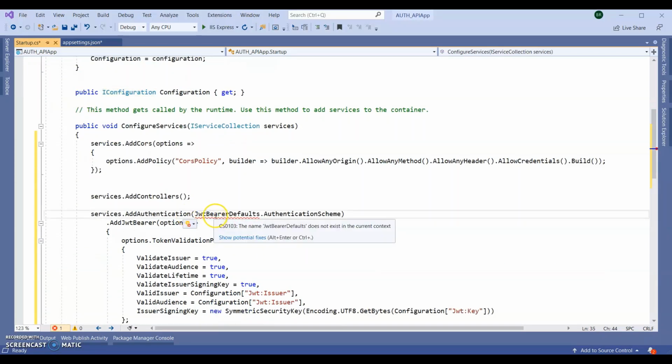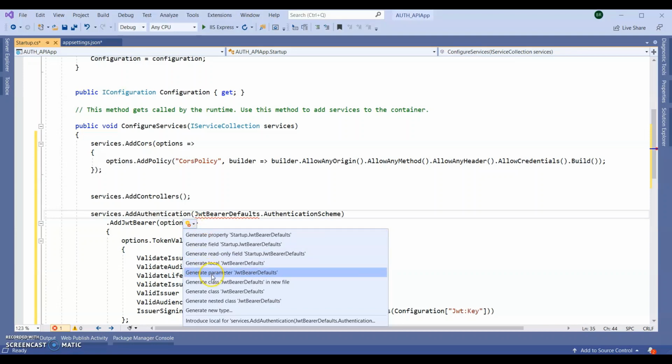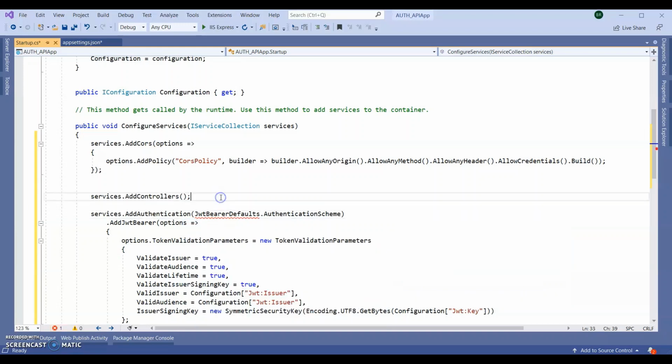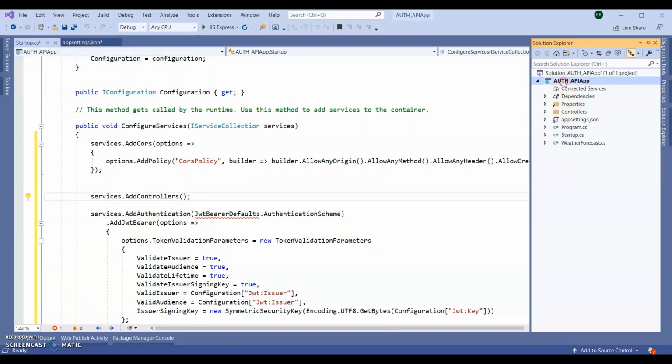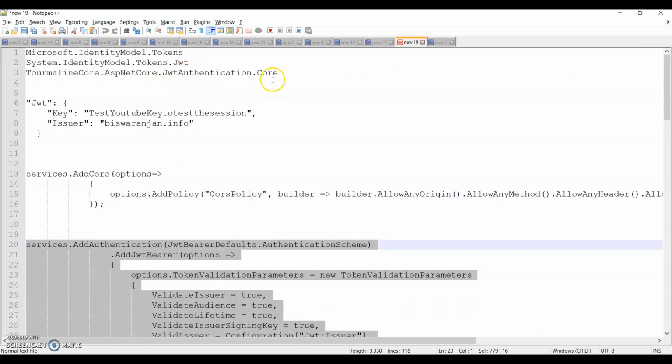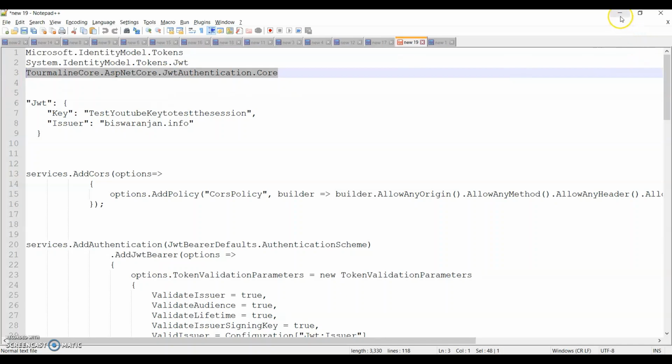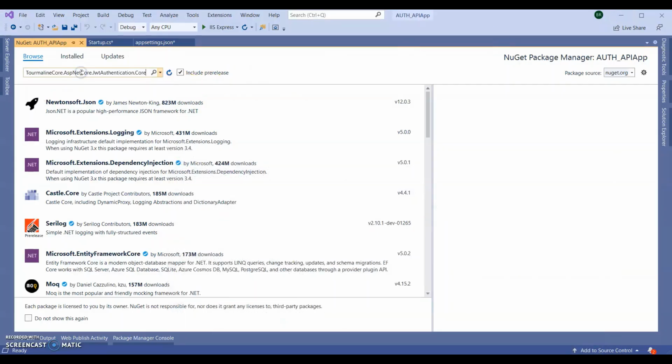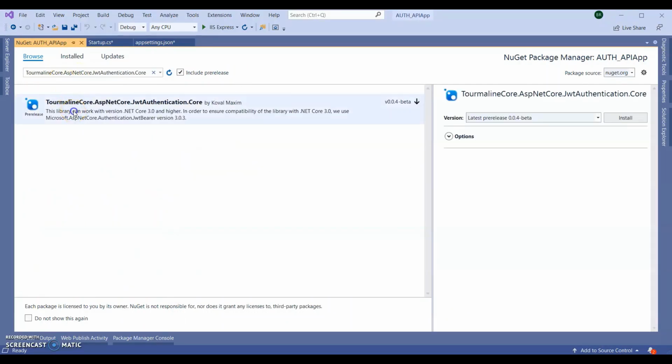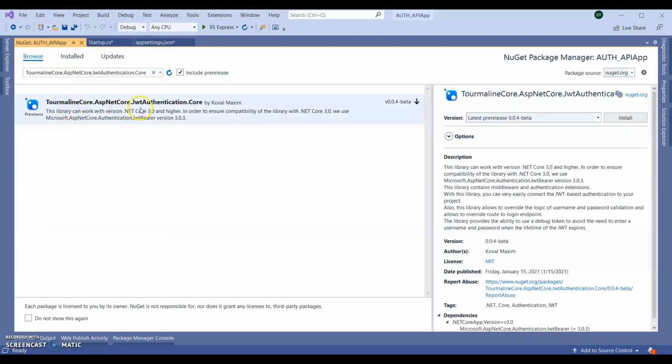So I'm getting one error here. Okay, I missed one more NuGet, so let's open the NuGet package manager. Search for Microsoft.AspNetCore.Authentication.JwtBearer. Install this one.